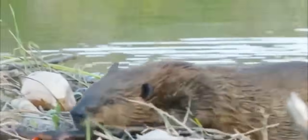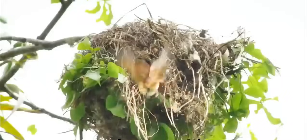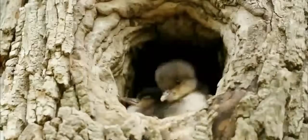They're nature's architects and engineers, crafting homes of spectacular design. And every one of these fantastic creations tells a story. The quest for real estate in the wild is all about the same three things we value most: